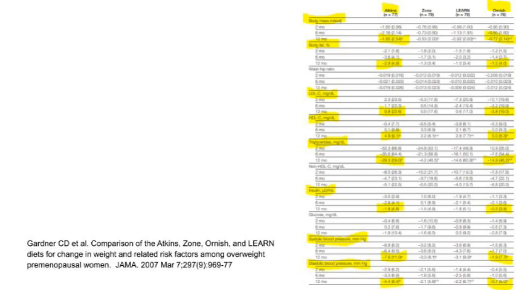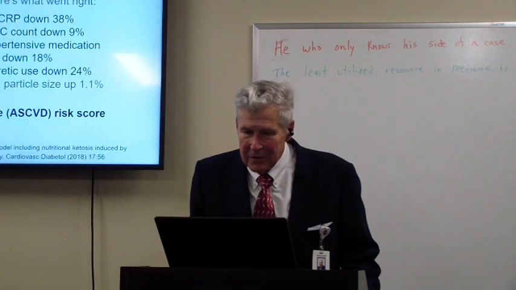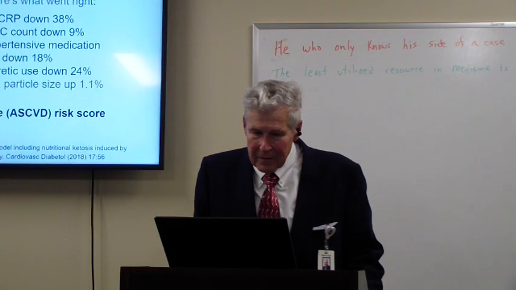Insulin levels, this is the big one, folks. Insulin levels on the Atkins diet went down 1.8, and on the Ornish diet, they went down 0.2. Okay? And systolic blood pressure, minus 7 in the Atkins diet, minus 1.9 in the Ornish; diastolic, minus 4 in the Atkins diet, and minus 0.7 on the Ornish diet. So it doesn't do your blood pressure any good, you get fat. Okay. And the last thing I need to talk to you about is,